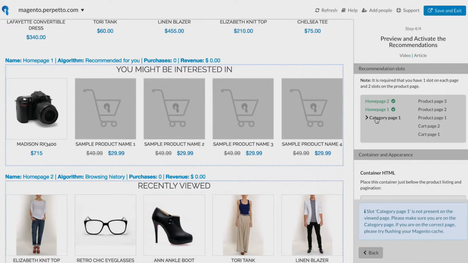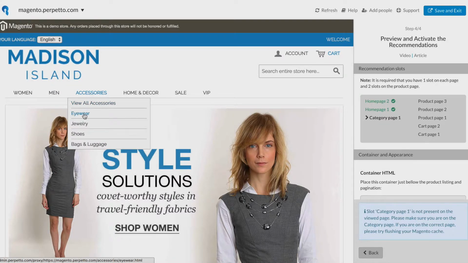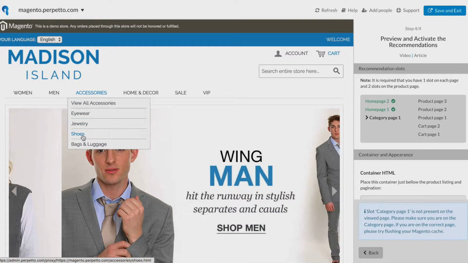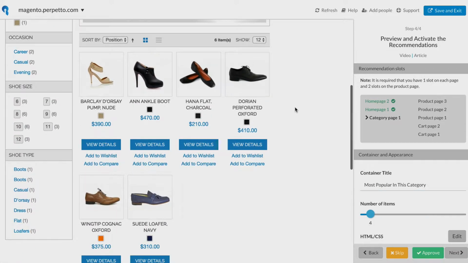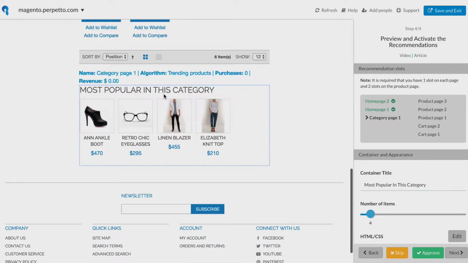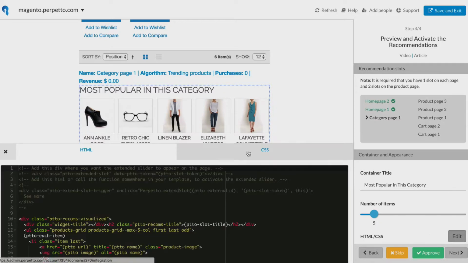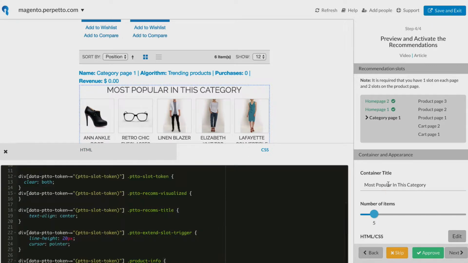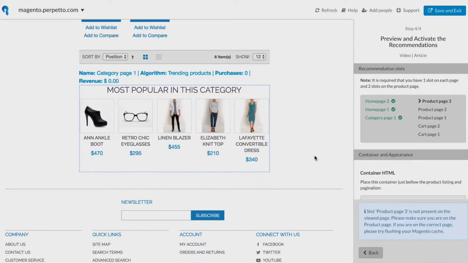Now it selects the new slot on the category page and alerts us that that slot is not present on the viewed page. So we need to head over to a category page, and there it is. So again, here I need 5 items, and again I need to paste the CSS, and this is it. I can approve it,